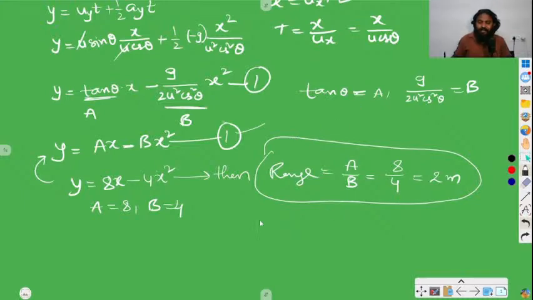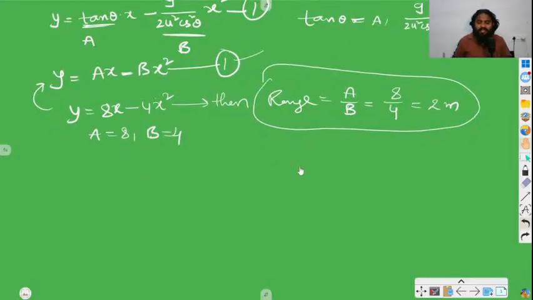First of all, we know that tan theta is nothing but a. So from this equation, a is 8. Now if they ask you the angle of projection, then theta is